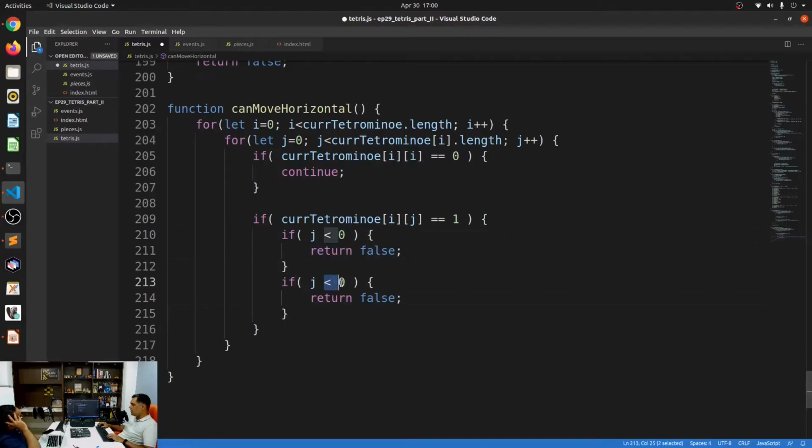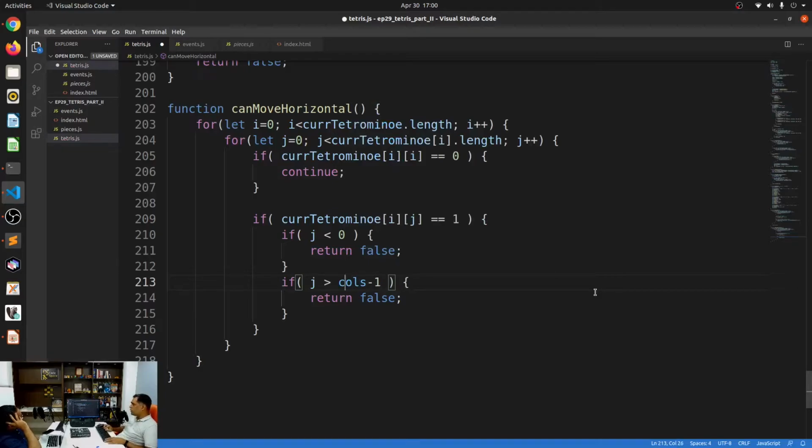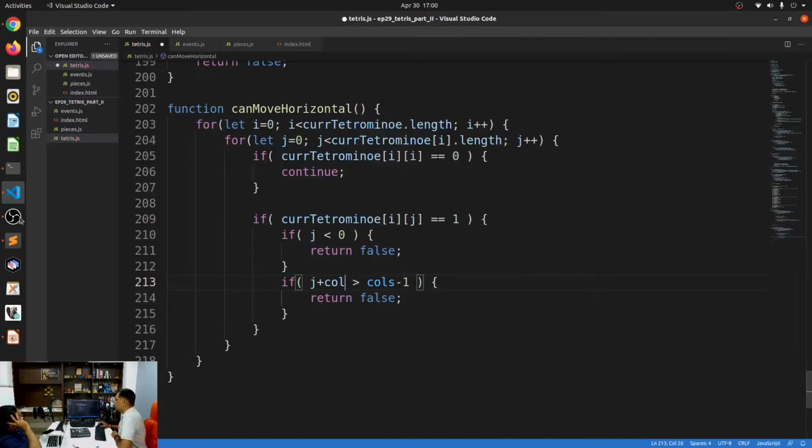If j is greater than the number of columns, so that will be columns minus 1, but that would be j plus col, which is the current col. So j plus the row and the col represent the current location of the tetromino. If they have exceeded the limits of the number of columns available on the Tetris array, then return false.